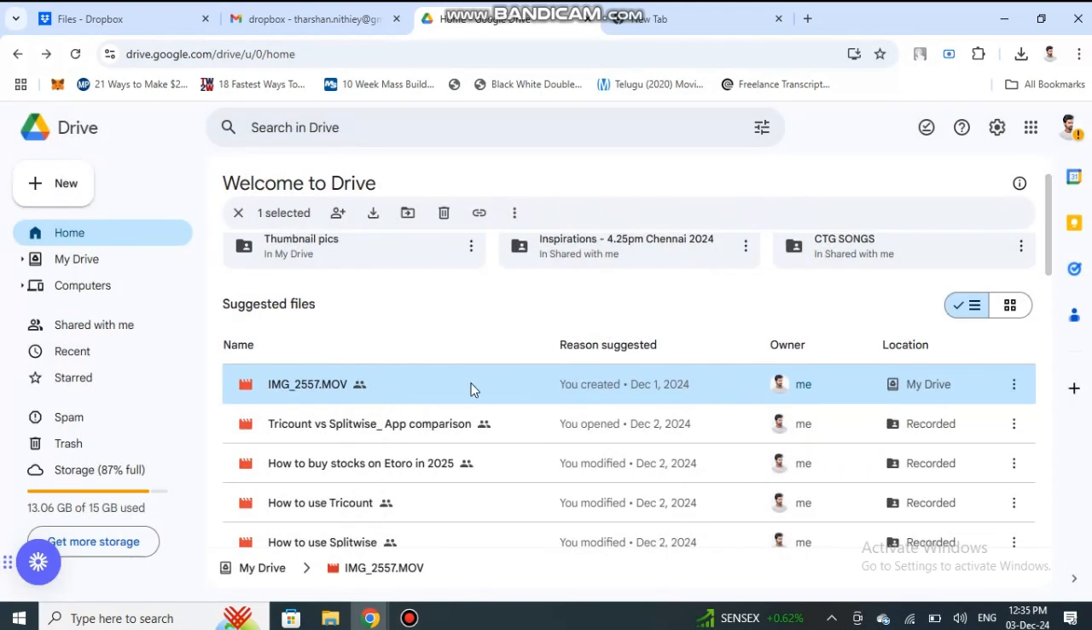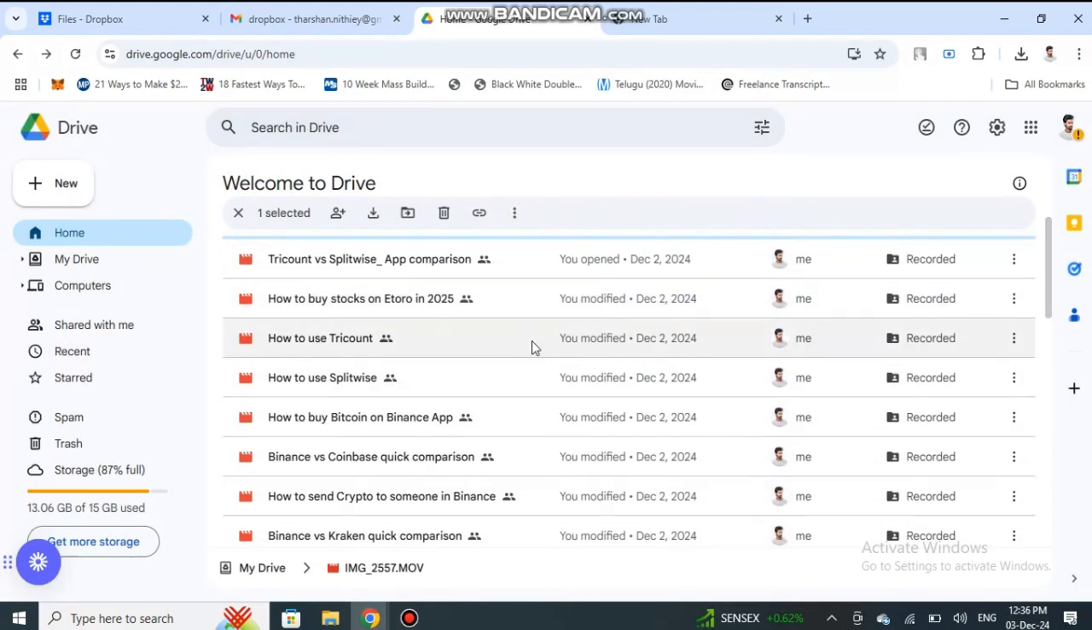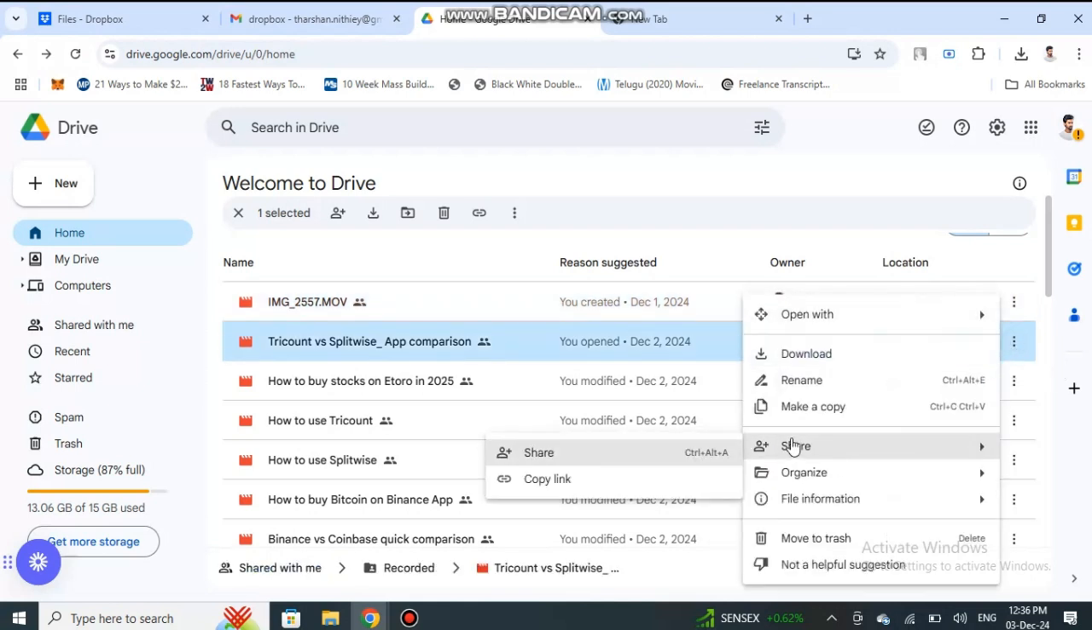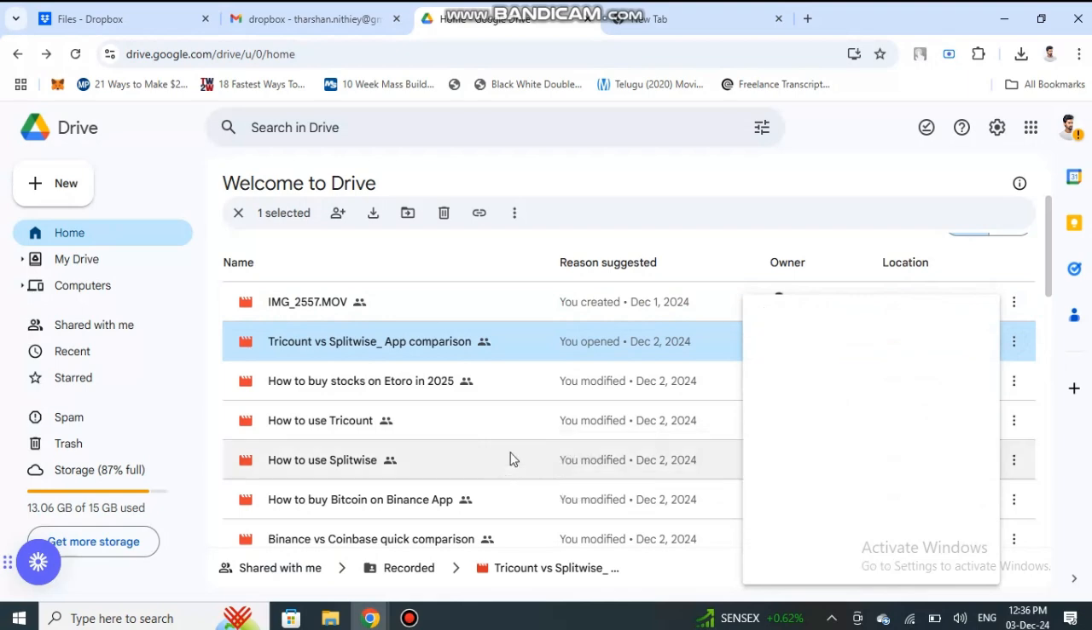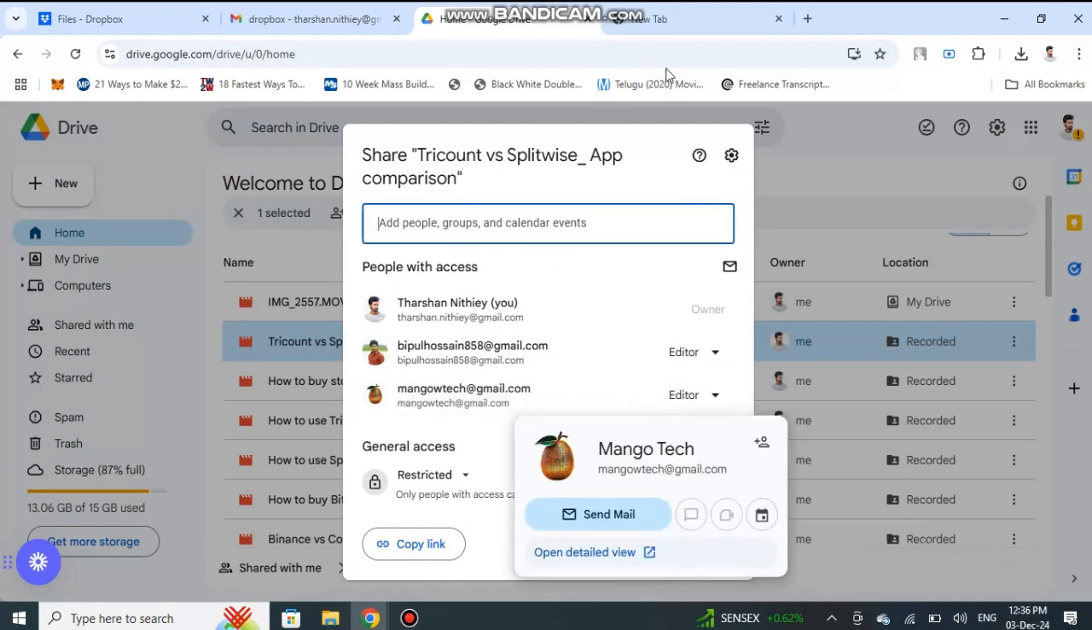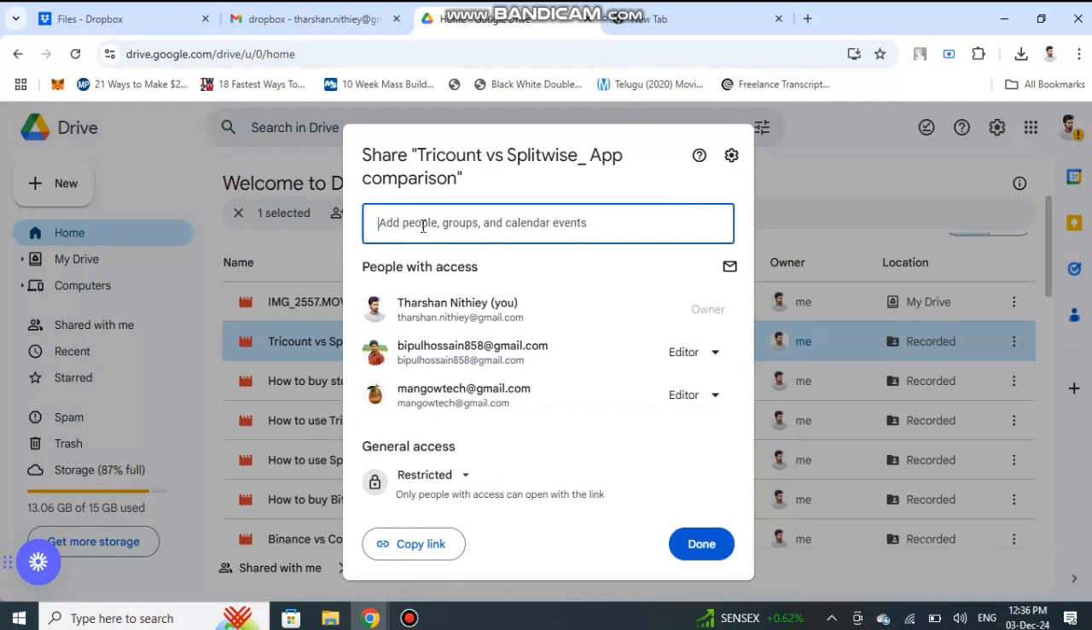The other way is to simply click on a document. As before, locate the document, click on the three dots here, go to the share option, and then click on this share option again. When you click on the share option, now